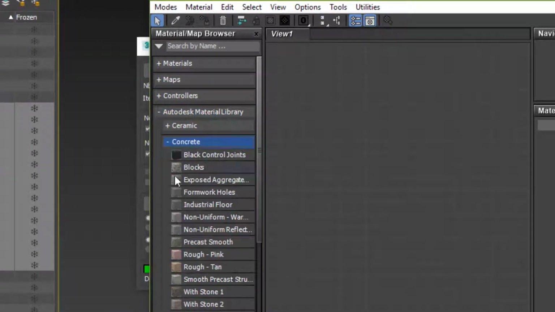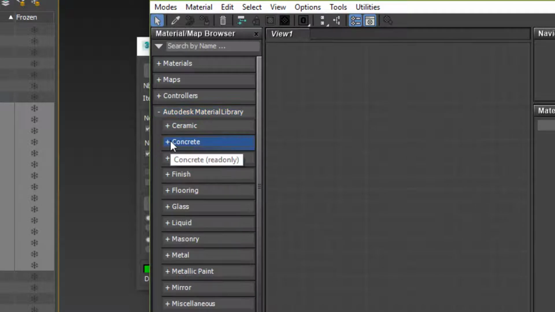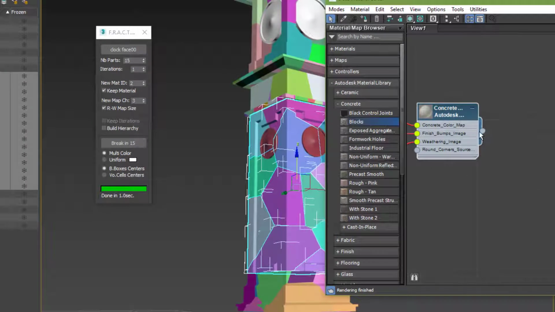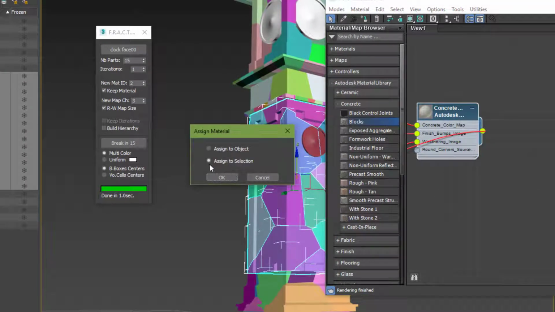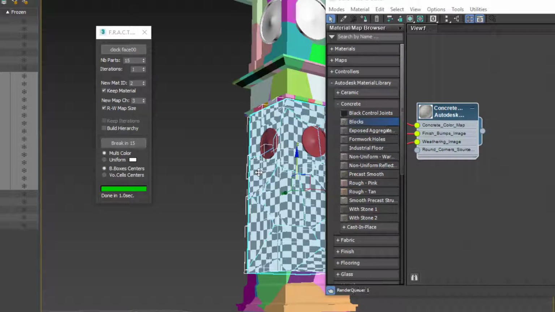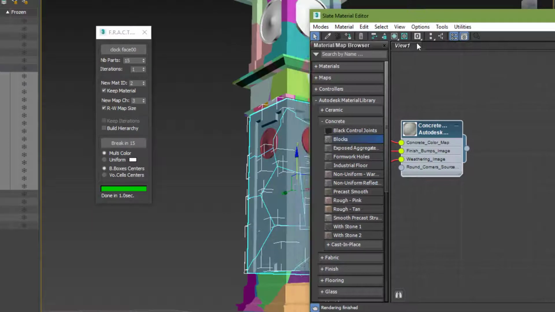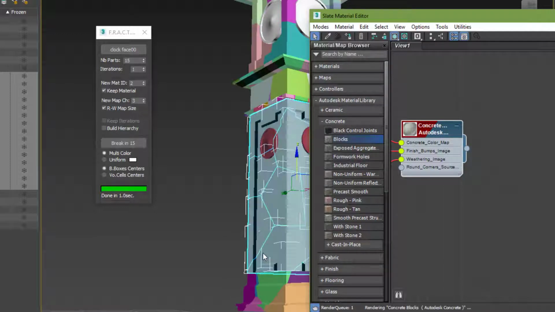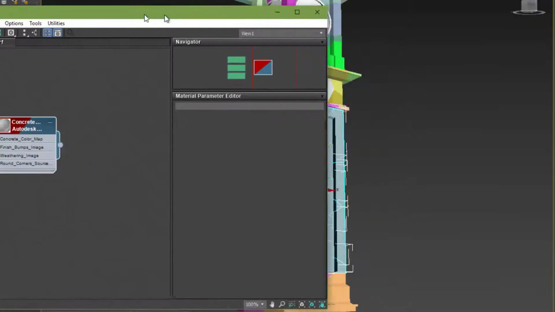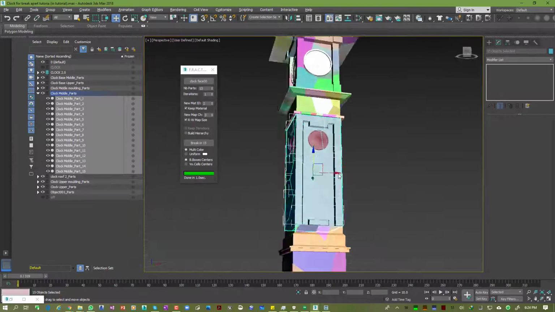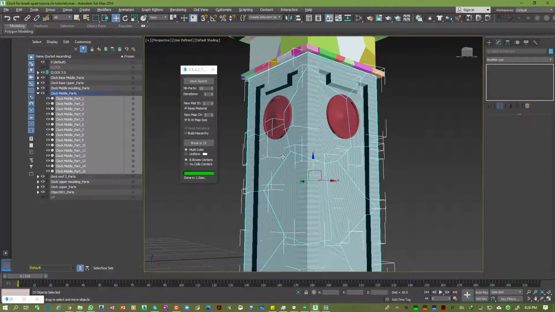So for example, you can choose concrete, let's choose concrete blocks, and you connect that to there, assign to selection, and pretty much that's it. We can preview that in the viewport, show material in viewport, like that. Now, we won't be too concerned about the materials here, because chances are you'll be adding materials in other programs. But just in case you're adding the materials here,